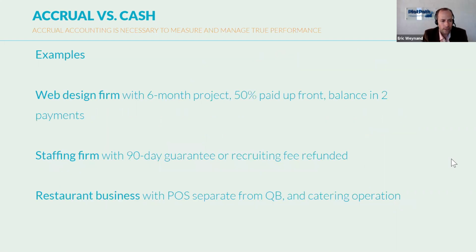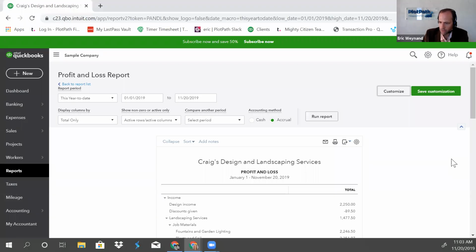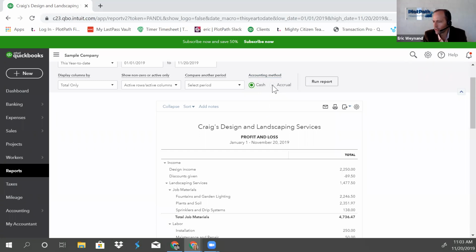Quick caveat here on QuickBooks accrual accounting. Don, jump back over to QuickBooks and go to your P&L. And this is in that last bullet point in the presentation, but accrual versus cash in QuickBooks can be useful, but it's limited. Okay, so they have this little button here, and even in your settings, you can say I'm cash versus accrual,